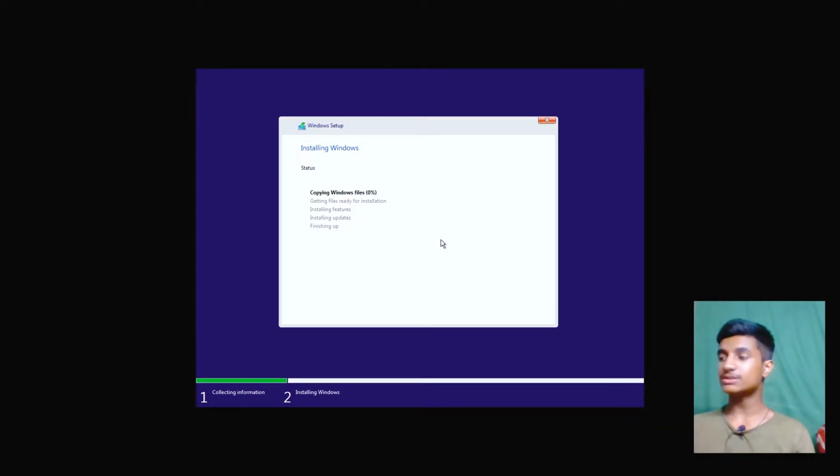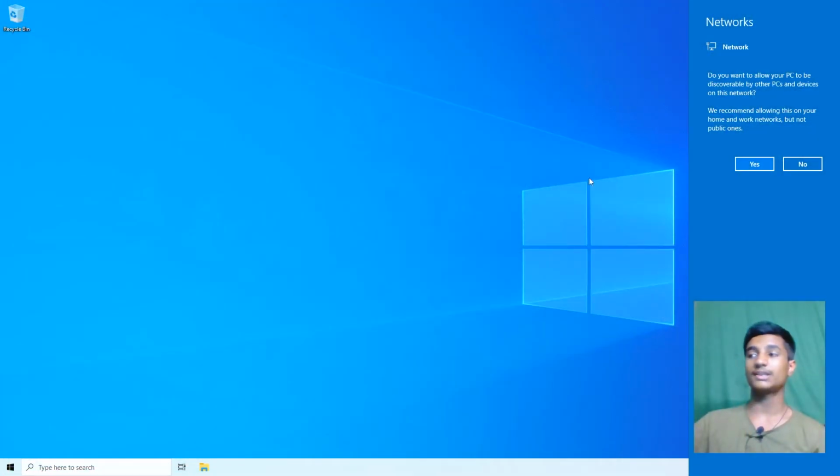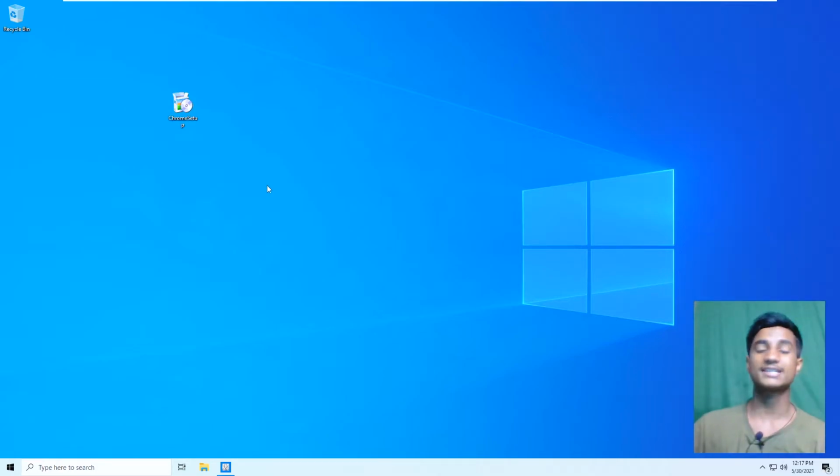After selecting your Windows 10 Lite partition, it will start the installing process. It will take a bit of time to install on your PC, depending on your system. Now after installing Windows 10, it will look like this. It will ask you for the network. If you connect to an internet network, it will show this notification, and you need to click on yes. The next step is to install a browser in this Windows 10. Copy the Chrome setup which you saved in your pen drive to your desktop, then right click on it and select open.